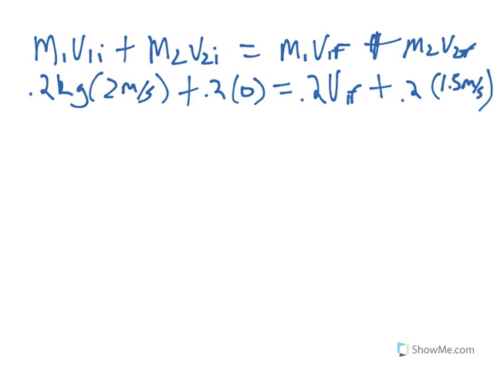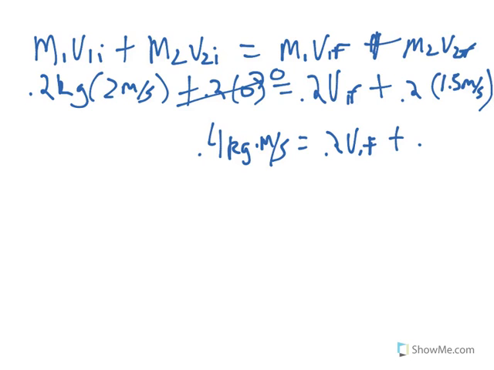Alright, so now we're solving. We need to solve for stuff. So we get 0.2 times 2, and we would get 0.4 kilogram times meter per second, that's the unit for momentum. That goes to 0, so not worried about that, equals 0.2 V1F